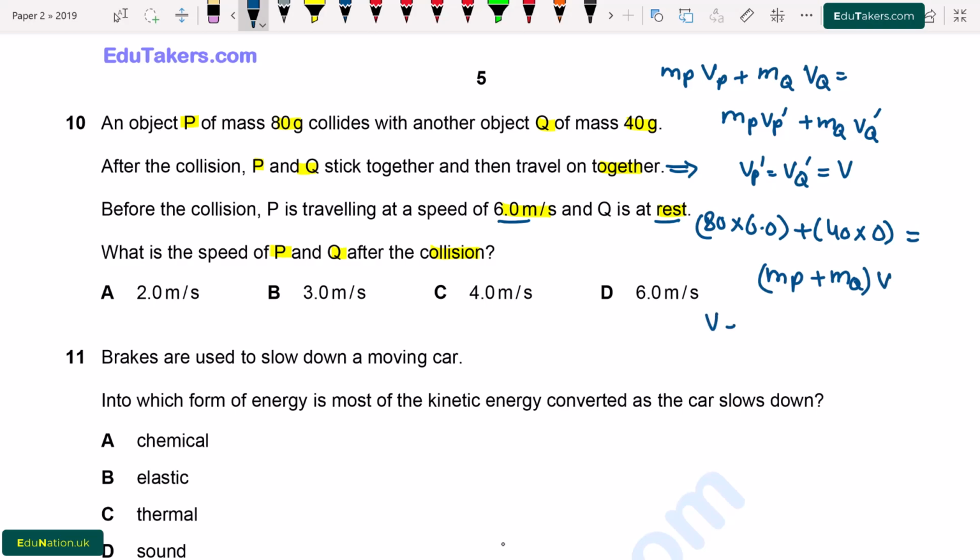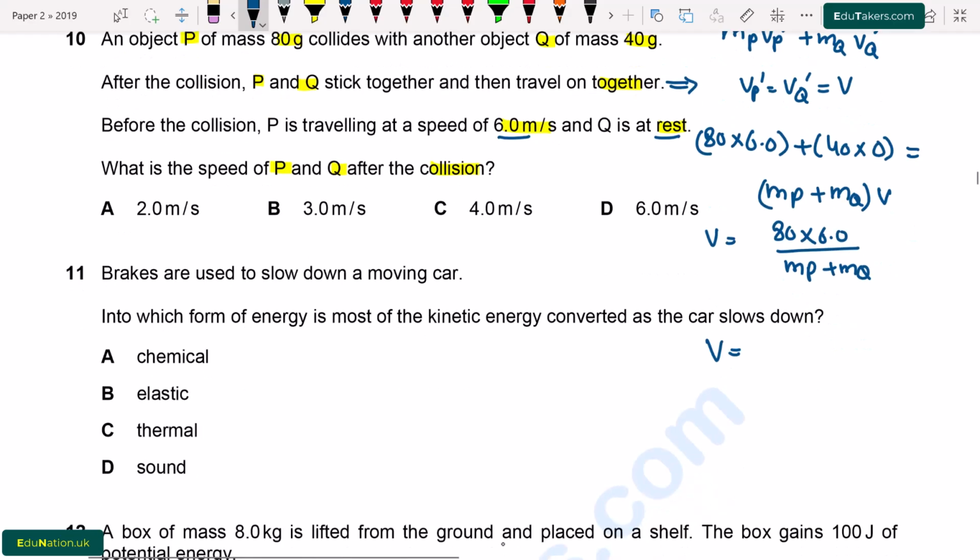So V will be equal to 80 multiplied by 6.0 divided by mass of P plus mass of Q body. So V is equal to 80 multiplied by 6.0 divided by 80 plus 40. The value of speed will be equal to